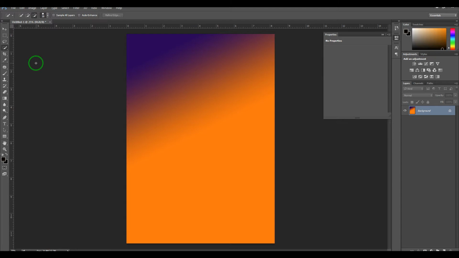So here we will see the difference between the two tools, the quick selection and magic wand tool. I have opened an image here, and I am going to make use of the quick selection tool. See, we can select a particular area and we can increase the area of selection just by clicking and dragging it across the range of colors. If you want to select the entire area, you can just click and drag and complete the selection.